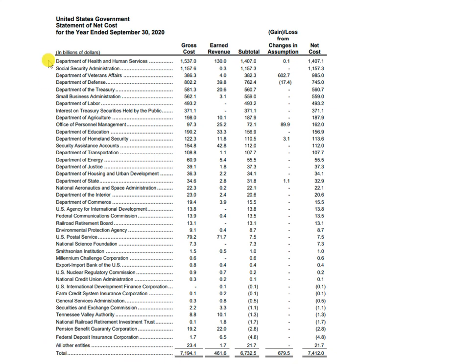So the biggest one, the most costly department, will be the Department of Health and Human Services. The gross cost